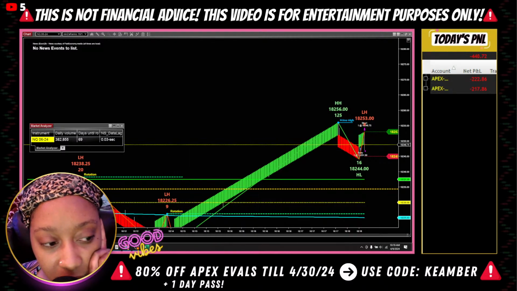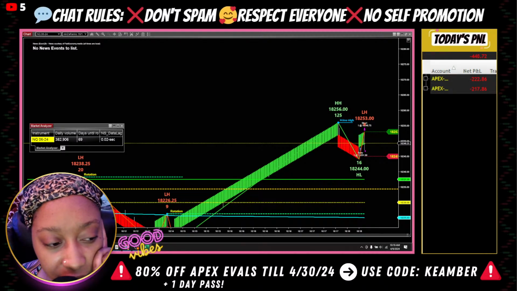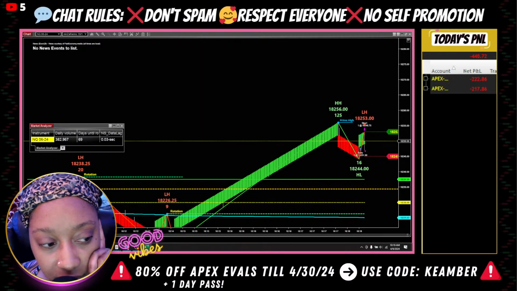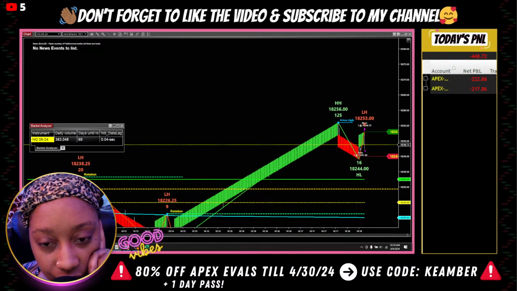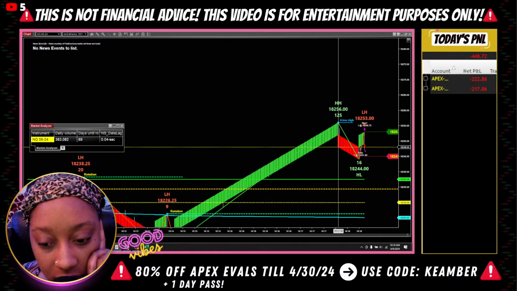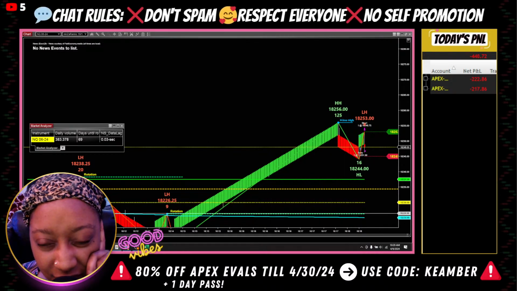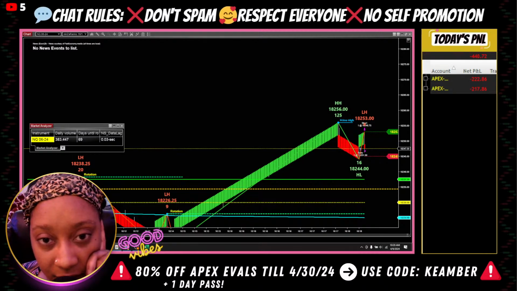Now that one started with a double bottom, so that could affect it. I don't really have a lot of data for that particular setup with a double bottom start, so that could be affecting it. I don't really know. Let's see, what was that? No, that was the same thing. And we had the color change. But yeah, I don't know. Today was just up and down and up and down and up and down.